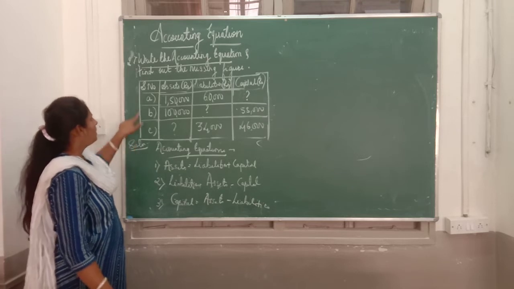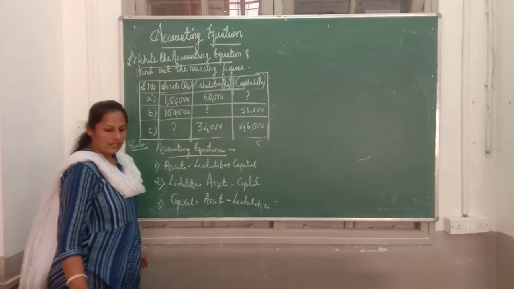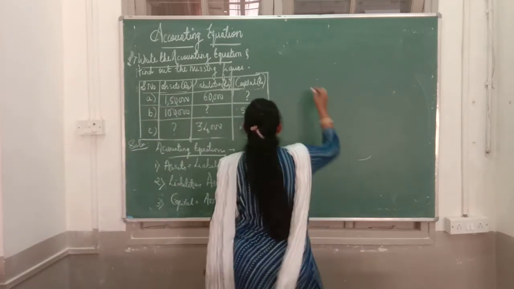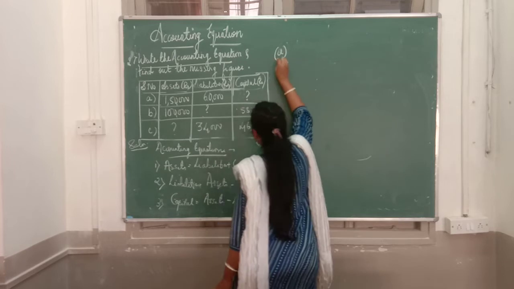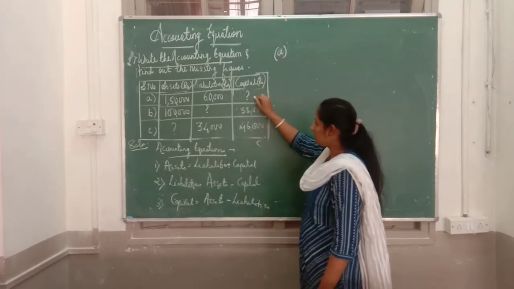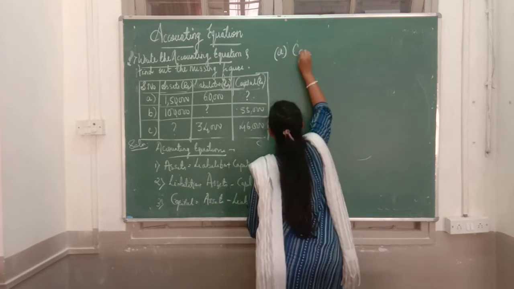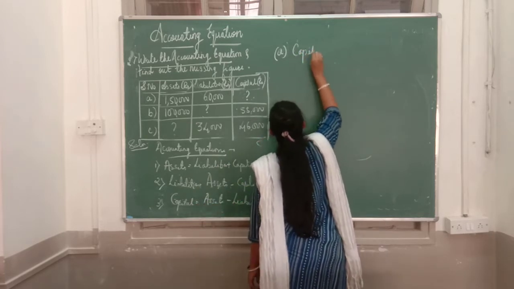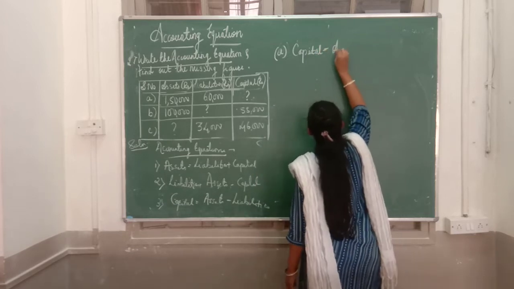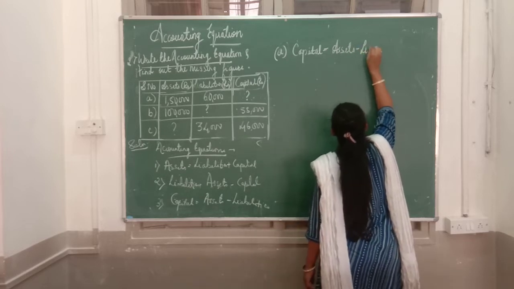Okay, solution, write down the accounting equation, same you write down again. Okay, then solve the equation. First one, there is A part. Yes, in A what is missing here? Capital. Right? Now capital is missing. So you have to take this formula. Capital is equal to assets minus liabilities.